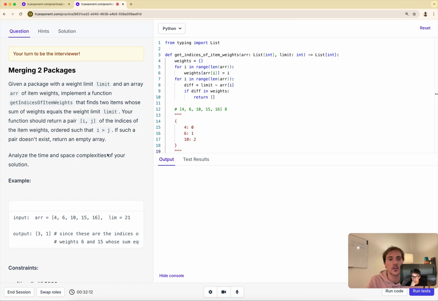I would return the index of the diff and I. And if I don't find anything, I'd return an empty array. Okay, so